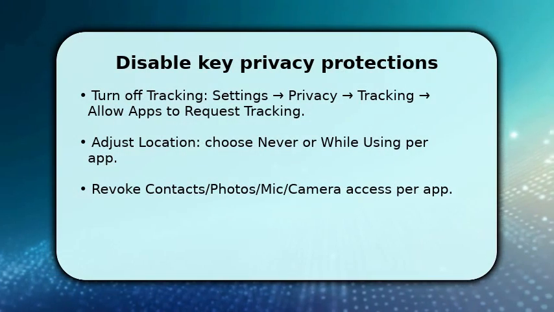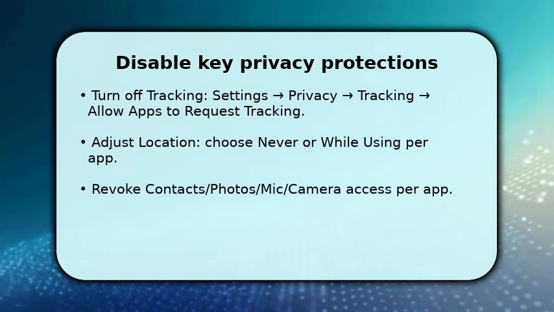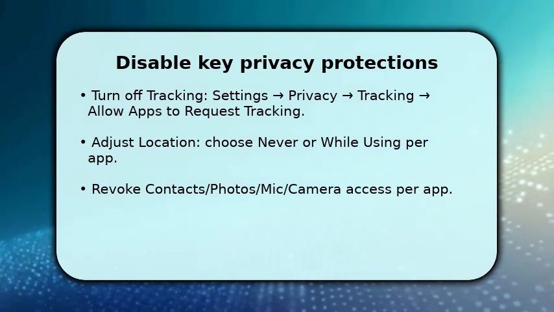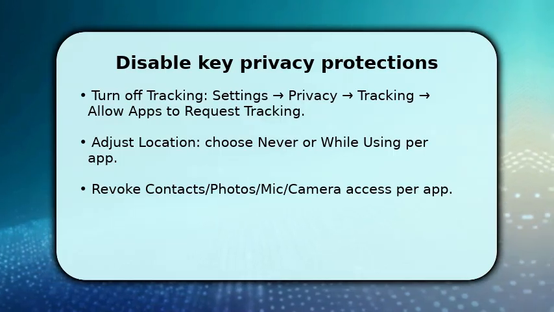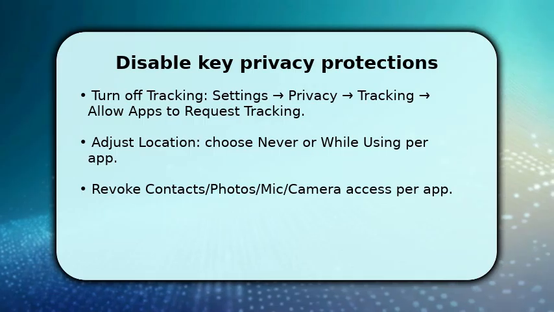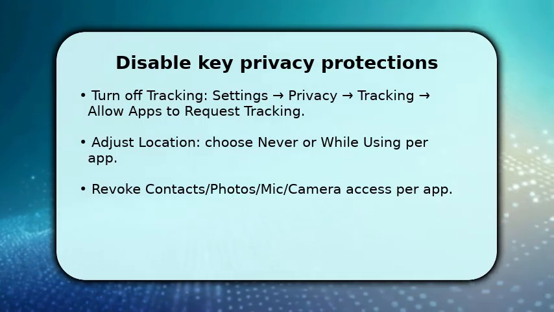You'll work methodically through each group. First, tracking. Toggle Allow apps to request tracking off to stop cross-app identifiers. This blocks many ad networks. Then open Location Services and change per app access to never or while using depending on how much data you